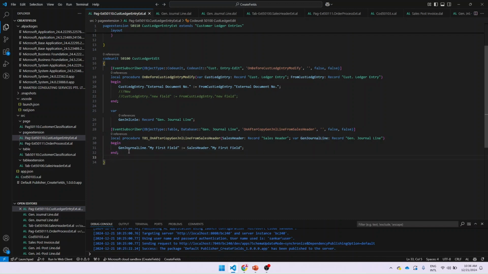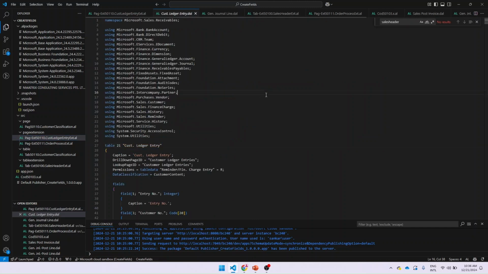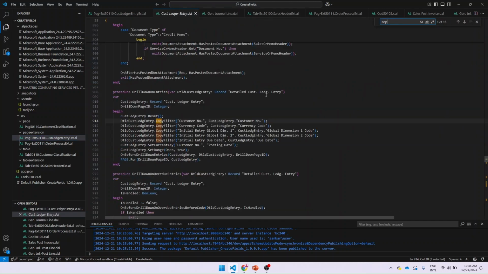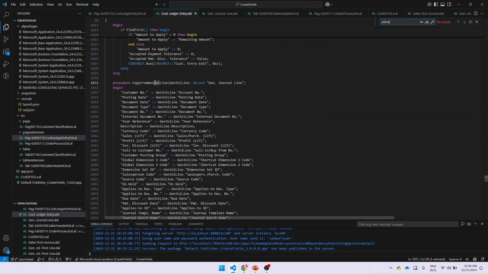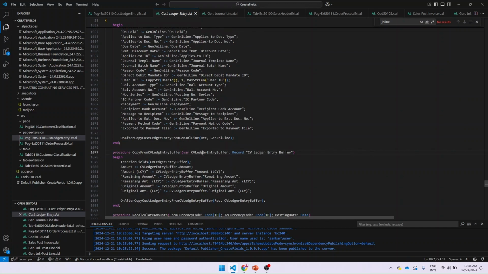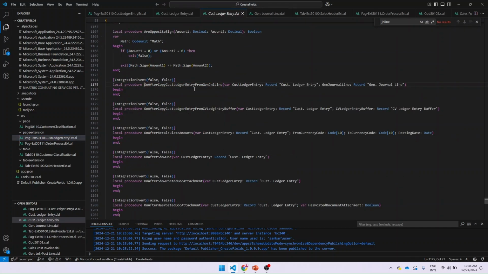The next step is we have to flow from general journal line to customer ledger entry. So for that, we will find the event again, which is customer ledger entry, copy from journal line. Okay, right. So somewhere copy from journal line. So the event which you are going to hook is this one, customer ledger entry, on after copy customer ledger entry from journal line. With this,